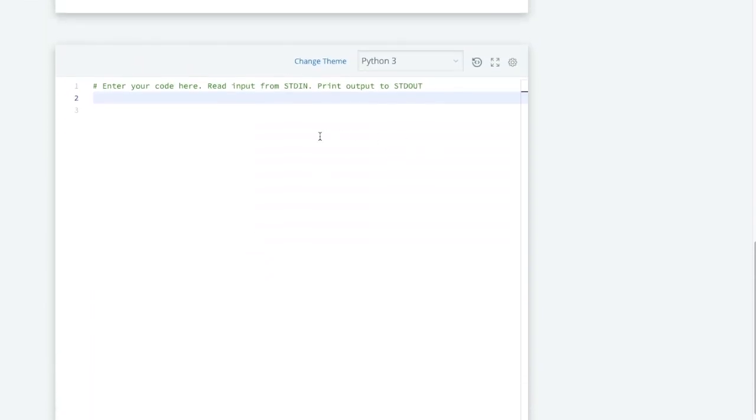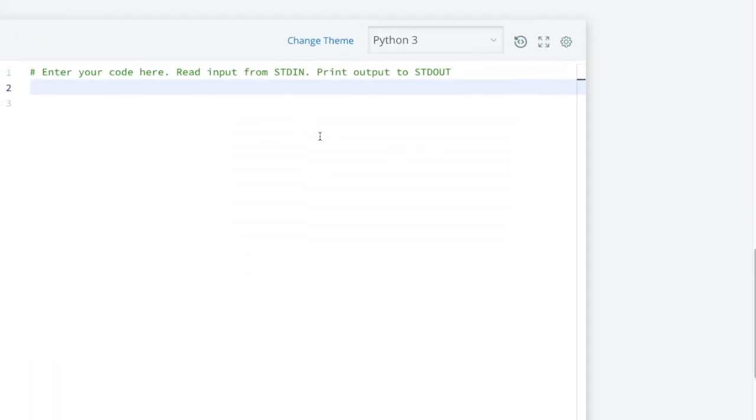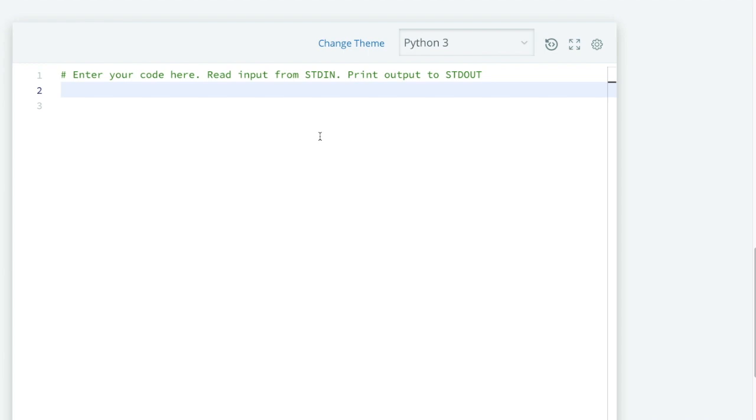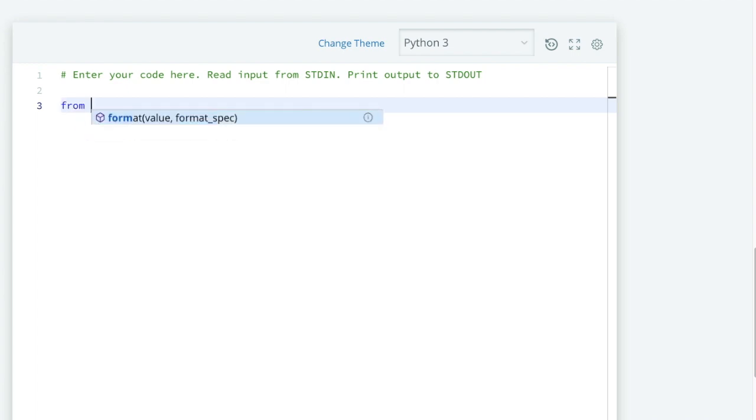So we have to write our program here. The logic is quite simple. We just have to use the Counter from the collections module, and let's see how to solve this one. The very first thing is we have to import Counter, so from collections import Counter.